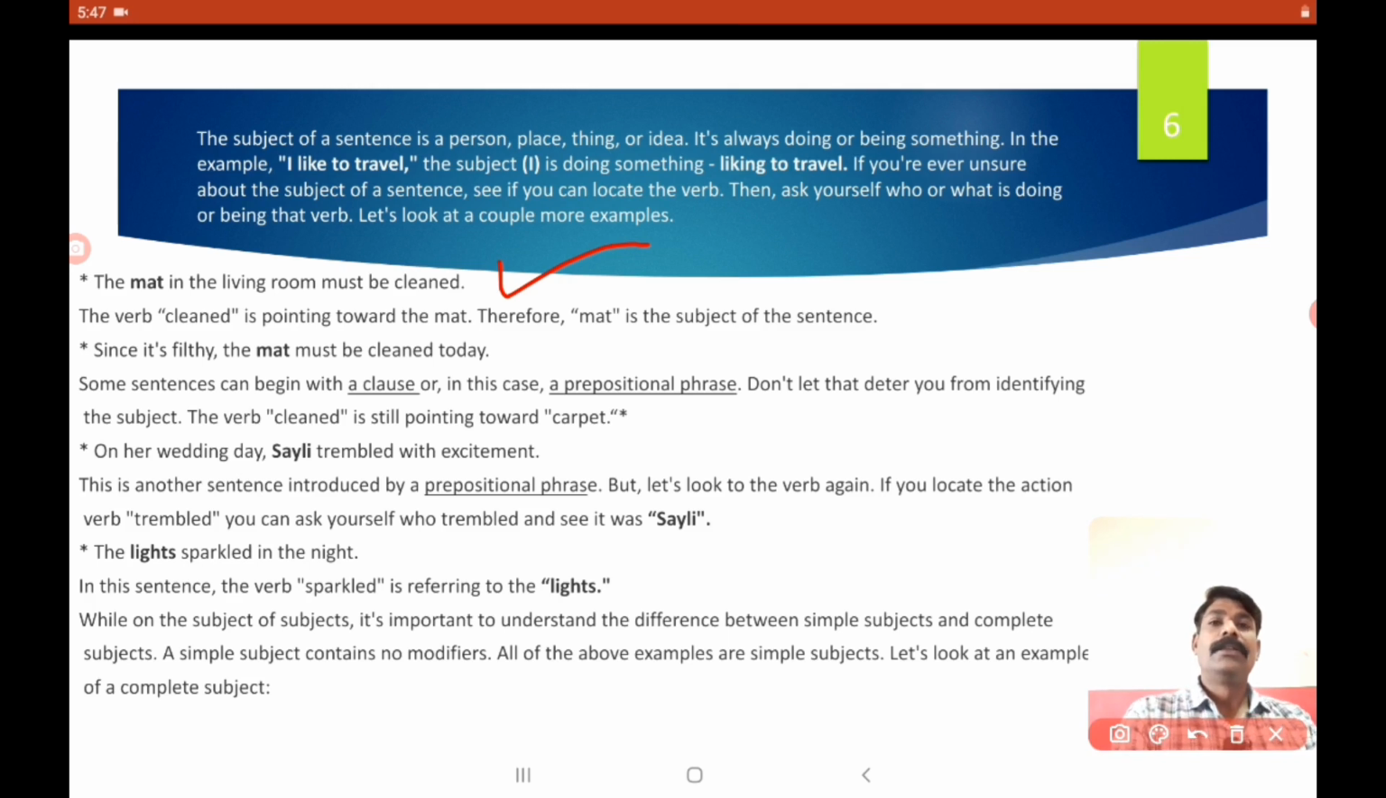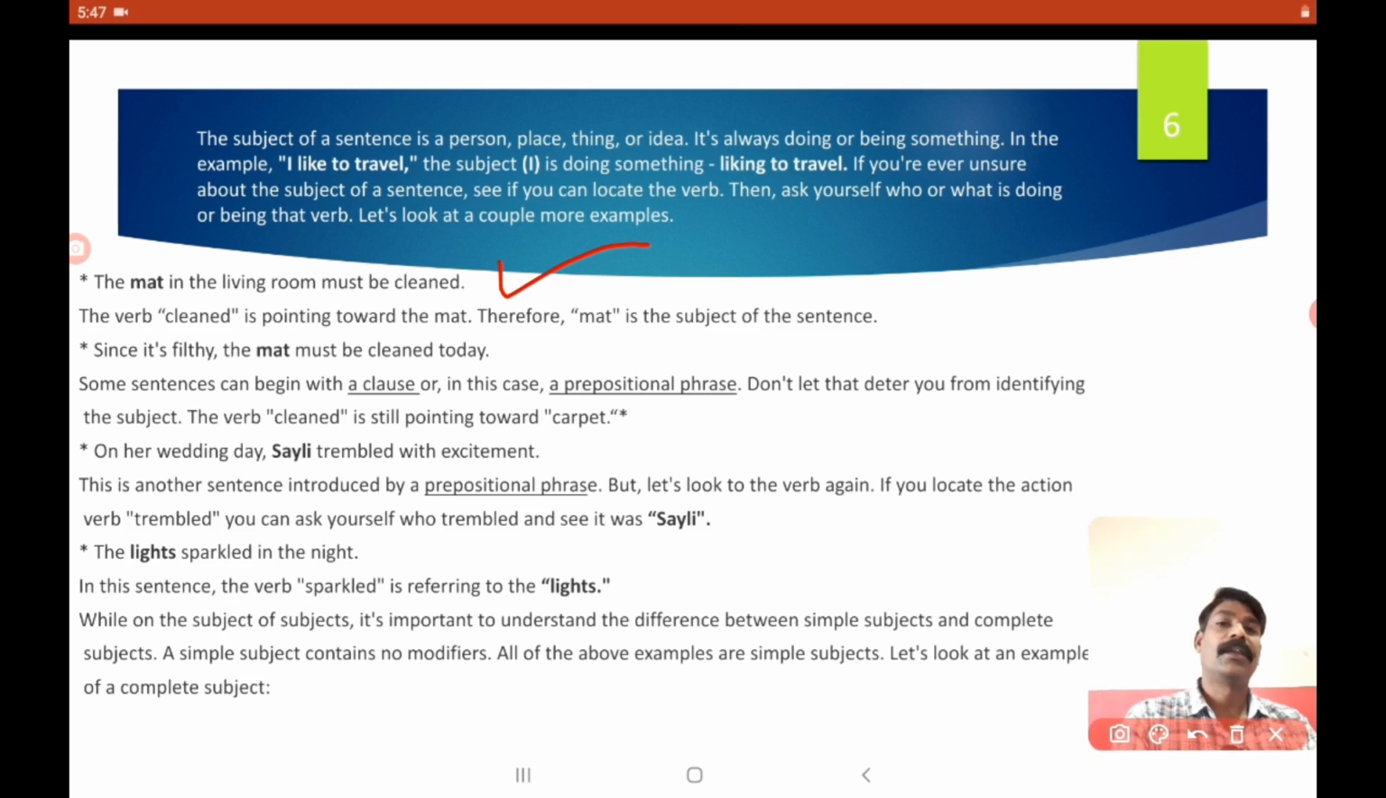असं नसतं. The verb clean is pointing toward the mat. काय करतं इथे, the mat in the living room must be clean. इथे सरळ सरळ क्लीन काय केलं जातं, क्लीन मॅट म्हणजे चटई किंवा दुसऱ्या प्रकारच्या मॅट, भरपूर प्रकारच्या मॅट. ट्रॅडिशनली मॅट आपण त्याला म्हणू शकत नाही, तर कार्पेटसुद्धा त्याच्यामध्ये येतं. So the verb clean is pointing toward the mat, therefore mat is the subject of the sentence. त्यामुळे सरळ सरळ उखायला जातं आपल्याला की मॅट हा त्यामधला सब्जेक्ट आहे, कारण क्लीनचा आणि मॅटचा तिथे घनिष्ठ